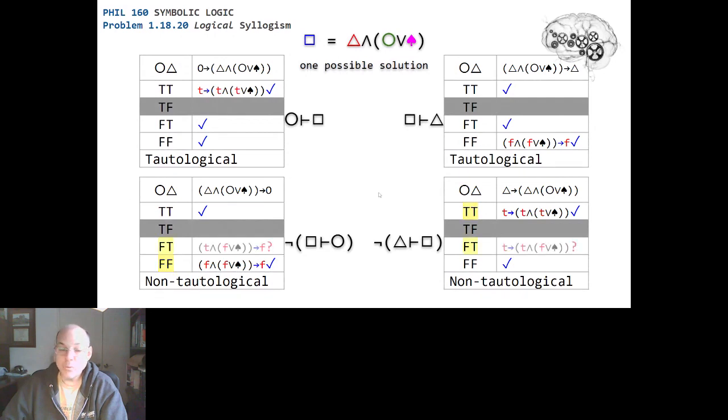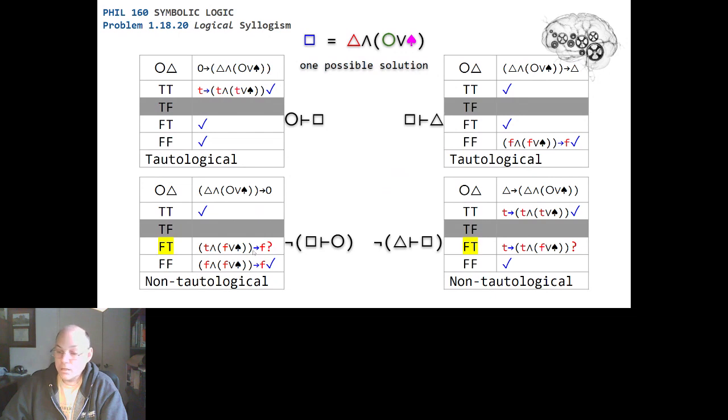Now we go ahead and we evaluate those FT interpretations for the non-tautology requirements. We've got the true from the triangle. We've got the false from the circle, and then we have this or, and we're leading into an only if a false. So if the antecedent is true, which is what we're looking for in this interpretation, then we're going to get a false value for the overall argument, which will make this table